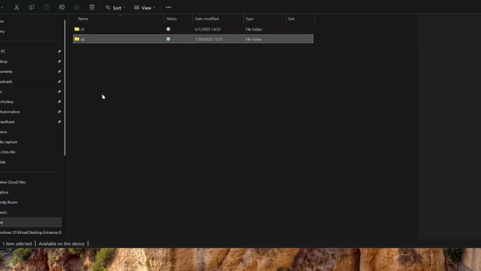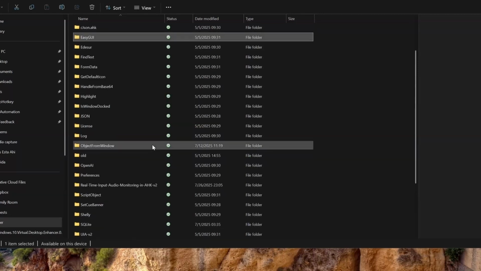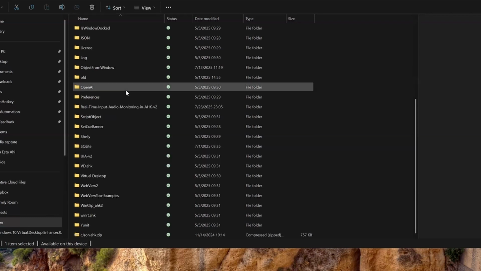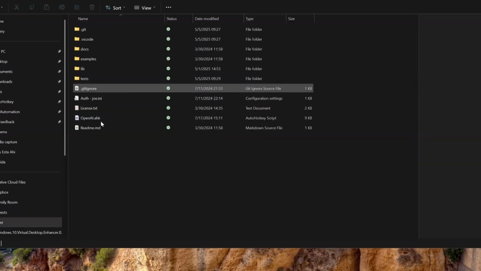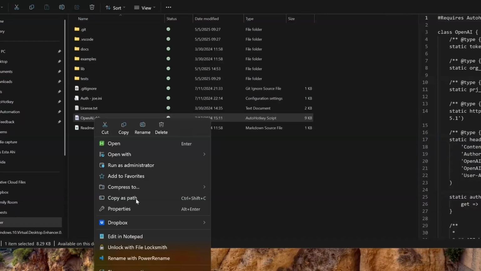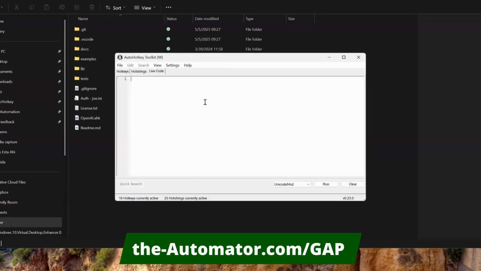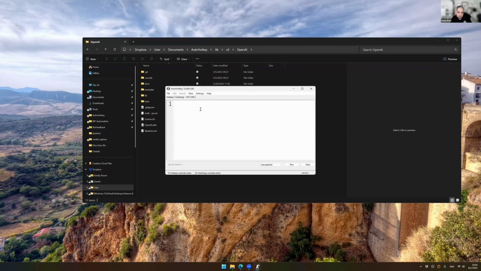But wherever you put the class, let's say you want to include the OpenAI class, then you need the path of the included file. So you can copy that path. Now in any other script, let's say I'm starting a new script, I can just say include and paste the path. That's it. Notice how I just pasted the location of where the AHK file is. Because of that, I can just start typing